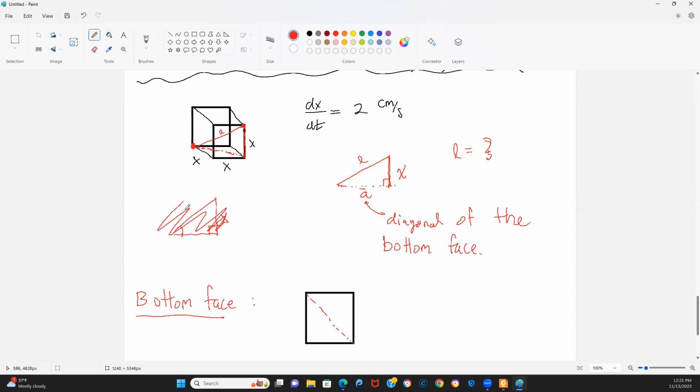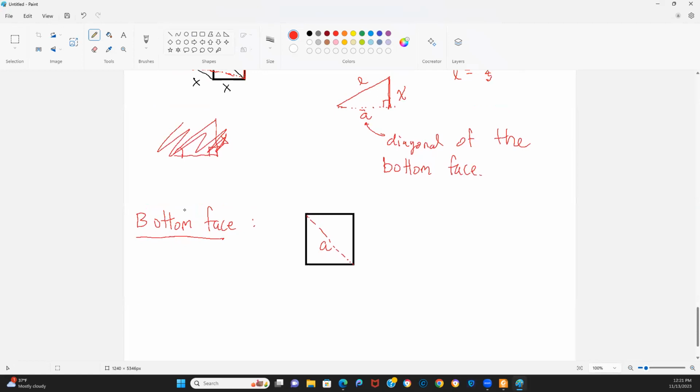And we know this is A right here. We want to find A first, because once we find A, then we can find L in terms of X. We know that these sides right here are X, and this is a right triangle. This side's X also, all of the sides are X. So by the Pythagorean theorem,